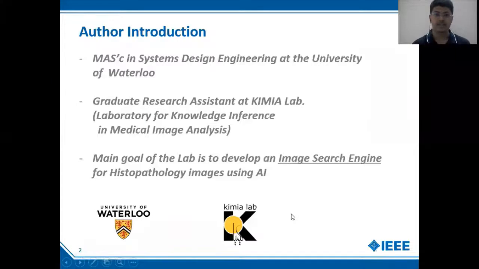I am Manit Zaveri from the University of Waterloo. I am pursuing my master's in applied science from the Department of Systems Design Engineering. Apart from that, I am a graduate research assistant at Kimia Lab. The main goal of our research lab is to develop an image search engine specifically for the role of pathology